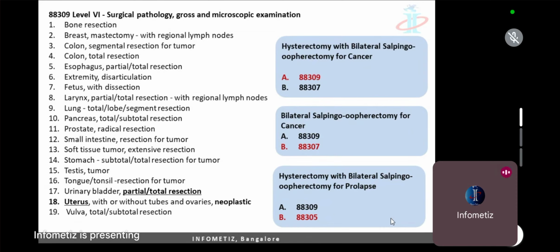This is all alphabet. So other than neoplasty,